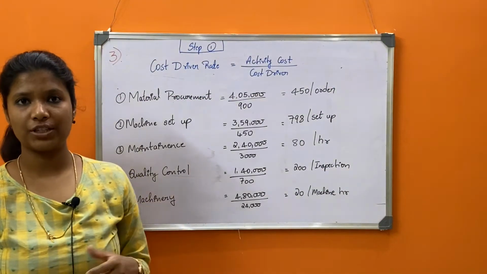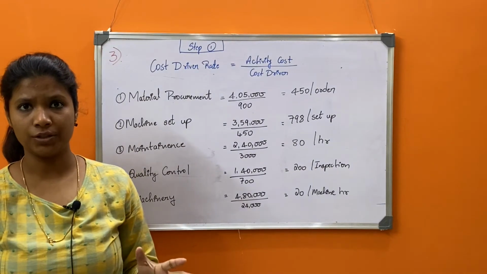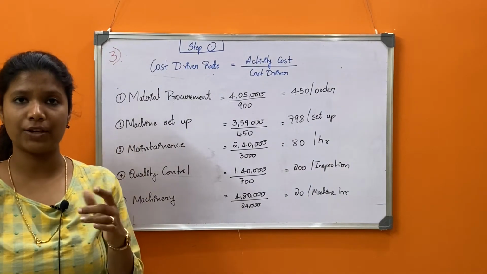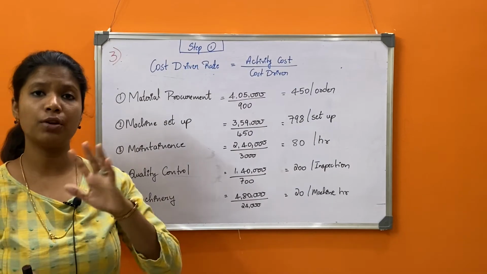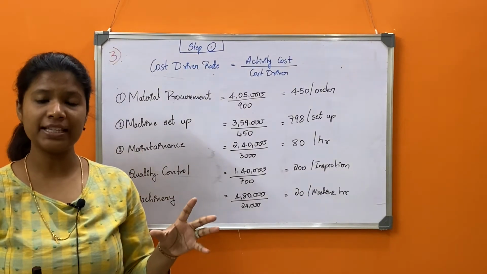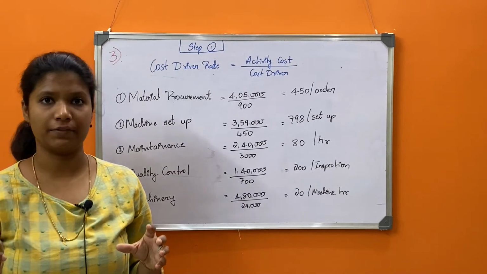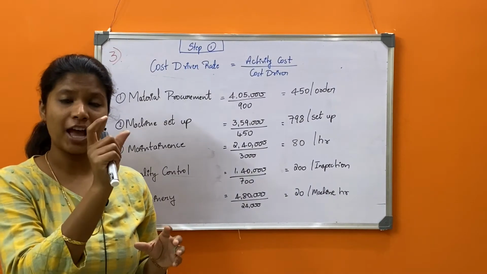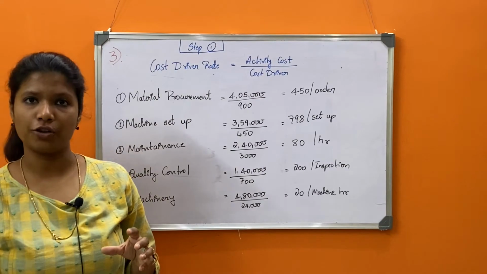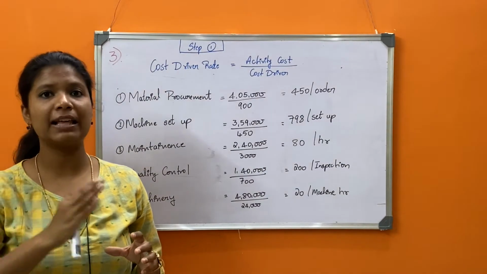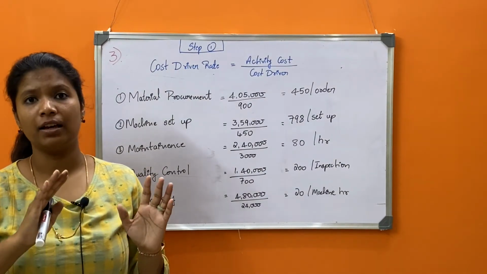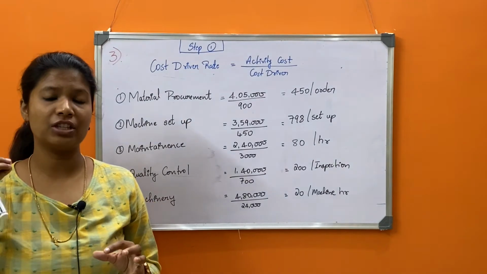So moving on to question number 3, it's a very simple question. As you look at the question, there's a table where I've given you the cost pool, that is the activities, and also in the second part of the table they've also given you cost drivers. So you know which activity has which cost driver. There's absolutely no confusion over here because the question is very simple.